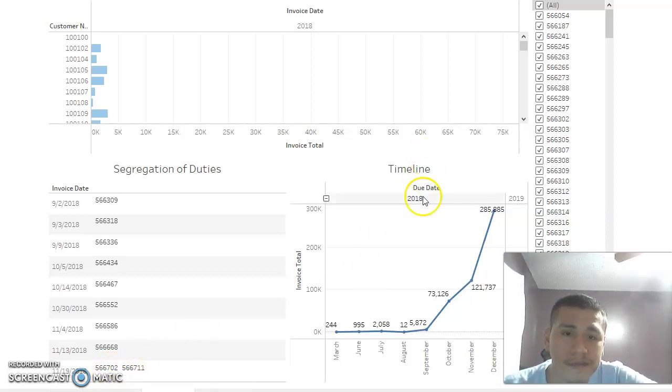Down here we have a timeline as well that basically shows us the amount of due that was for invoices for each month. For March, it was $244. That's actually the lowest. Actually, not the lowest. I'm sorry. The lowest is actually August for $12. The highest was for December,